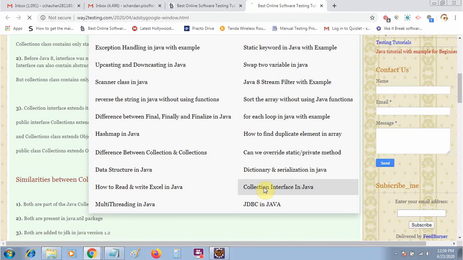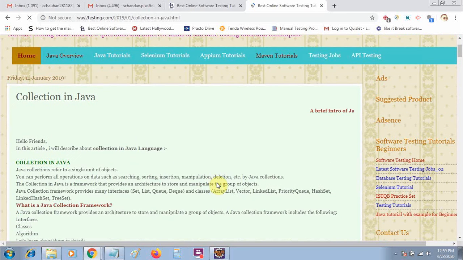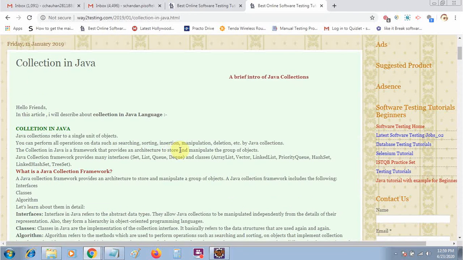Let me open the collection interface first. So what does collection mean? Always remember, collection just represents a single unit of object. Basically collection is an interface, but it will represent a single unit of object.